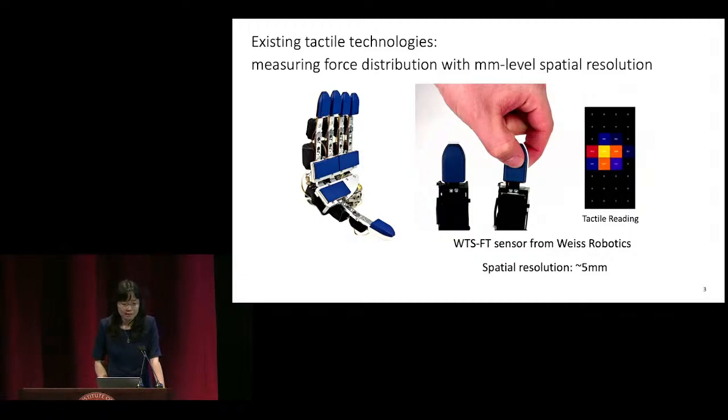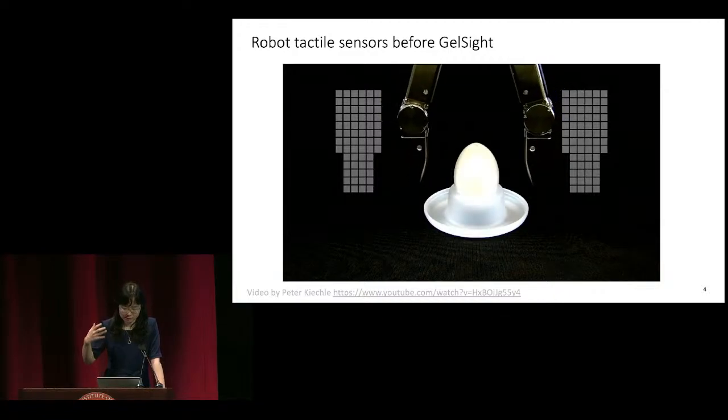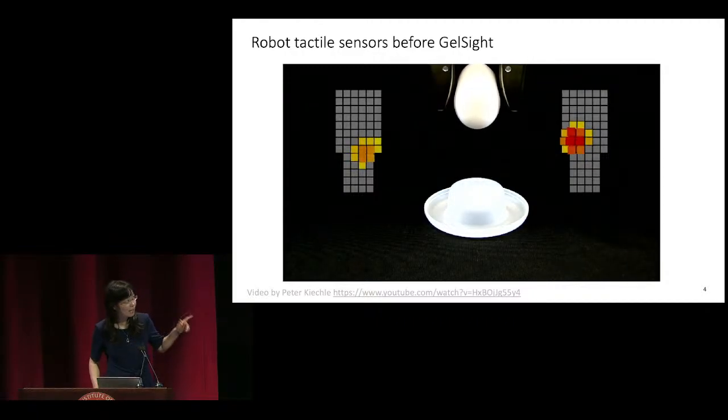With this kind of sensor, a robot can do a lot of things. For example, we can make a robot grasp delicate things gently without crushing them. Here, with the help of tactile sensors at the fingertips of this robot's fingers, it can detect the contact immediately after it happens, and detect what the force is and what the distribution is over this area. That can help the robot control the force and make a gentle touch without crushing